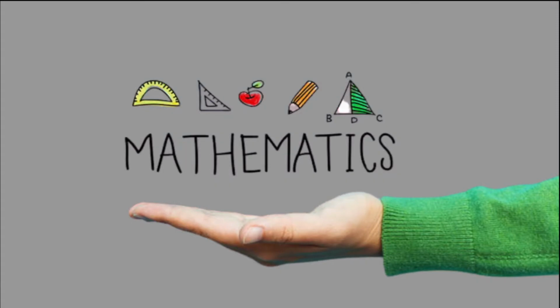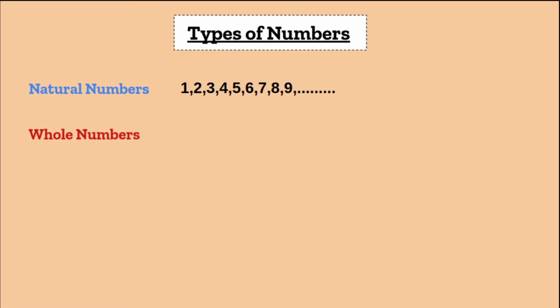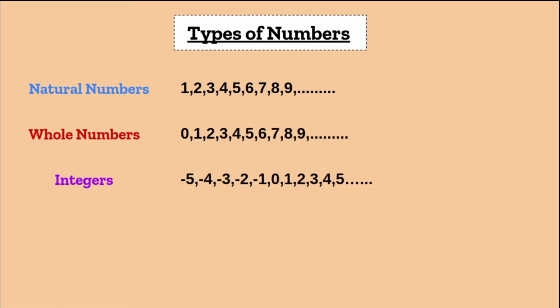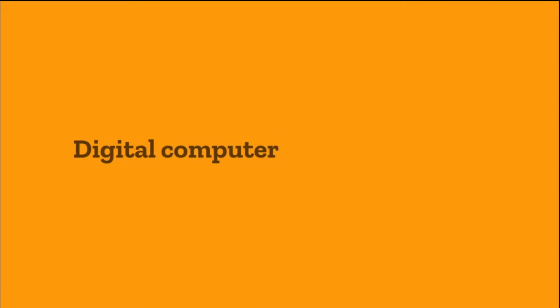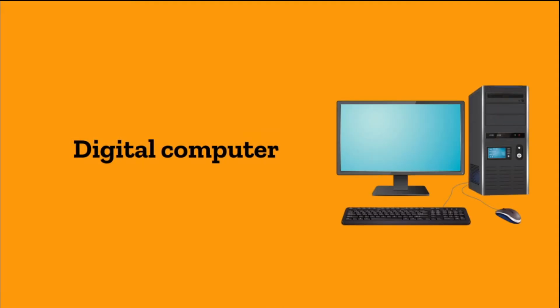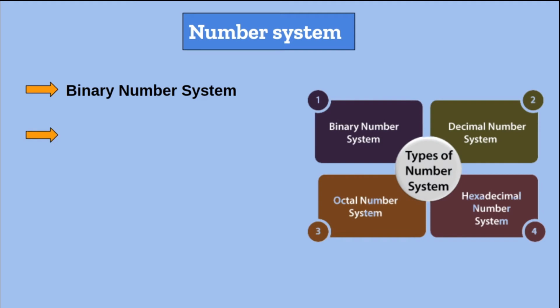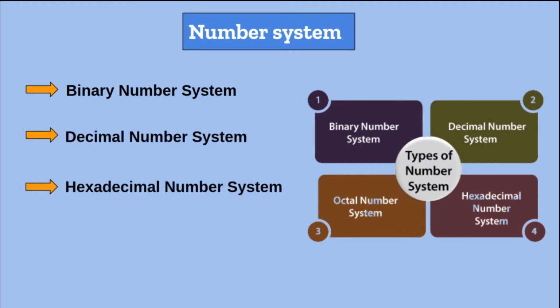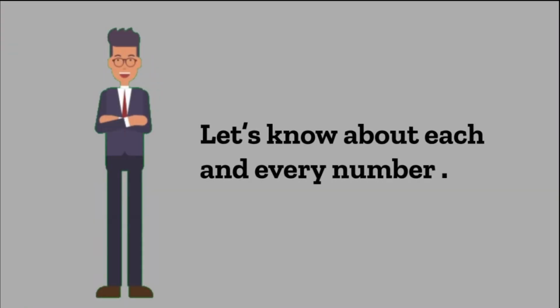We already know from mathematics that we have different types of number systems like natural numbers, whole numbers, integers and prime numbers. But we cannot use the same number systems in digital computers. We have different sets of numbers in digital computers. They are binary number system, decimal number system, octal number system and hexadecimal number system. Let's just know briefly about all these number systems, then we can know how they are converted.